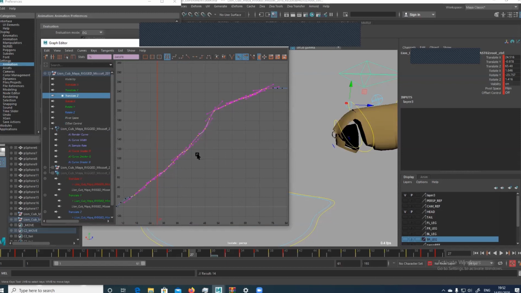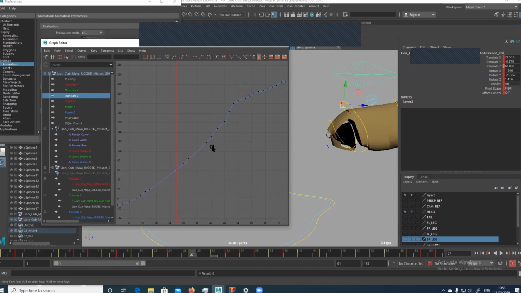But see, here's the thing, right? It's very easy to go in and go, you know what? I'm just looking at a reference. Let's delete this. Let's delete this. Oh, that's not nice. Let's delete that. Let's delete that. It's very easy to do that, to have a nice clean curve. However, because these